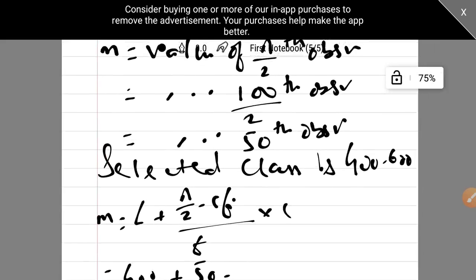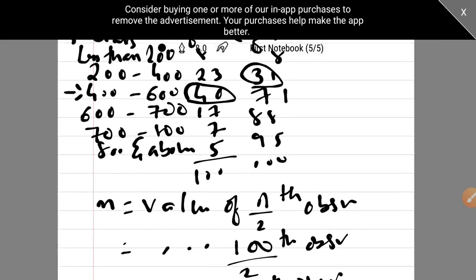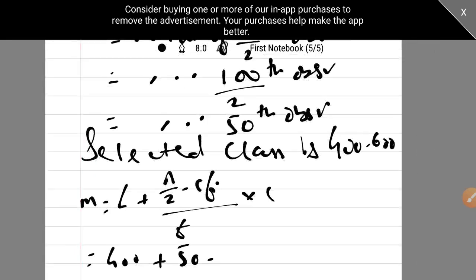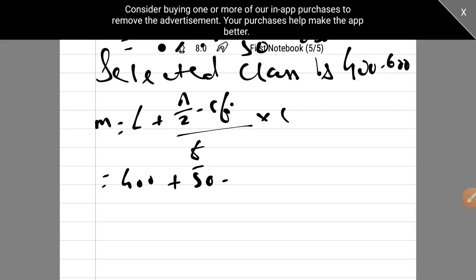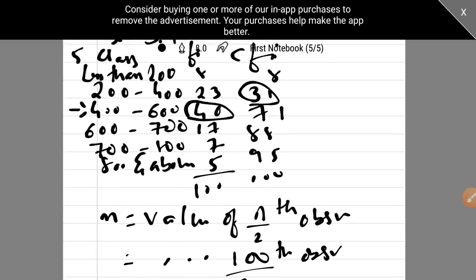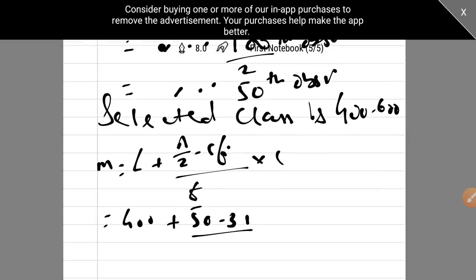What is CFI? CFI is the cumulative frequency of the previous class. What is your previous class? It's 31. So it's 31 upon the frequency. What is your frequency? Frequency of the same class is 40,